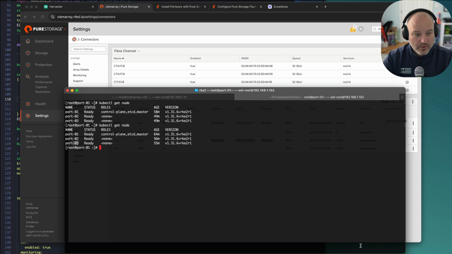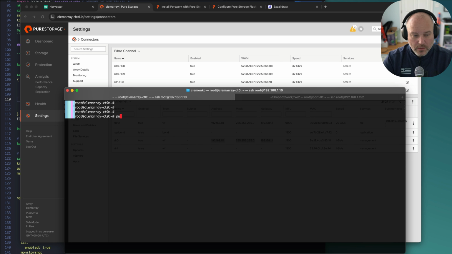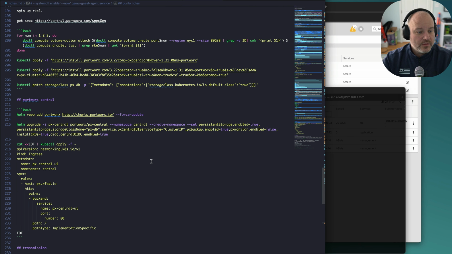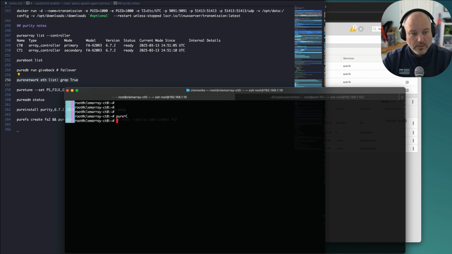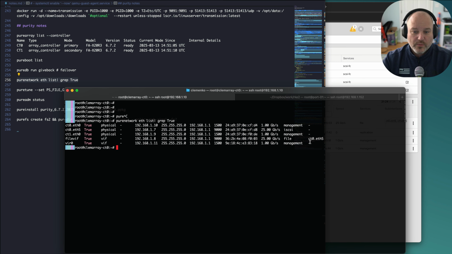And for those that are curious, I'm actually SSH'd into the array. I always forget off the top of my head. Pure. Hold on. You can tell I'm still relatively new with my Pure commands. Yeah, purenetwork eth list, and I just grep for true. So let's go ahead and hit that, and we can see these are all the network interfaces that are